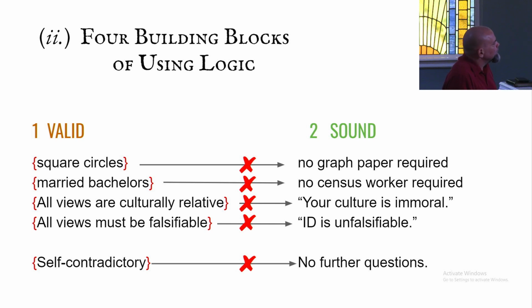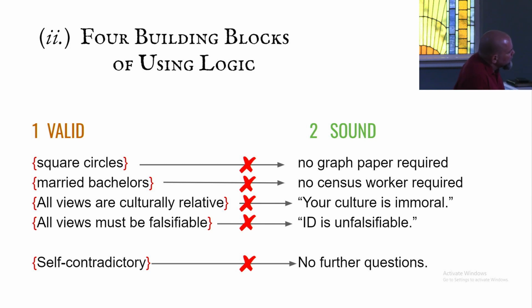So this is where I wanted to go next. Here's the beginning of the scoreboard starting to form. Now I've put valid and sound moving from left to right. Suppose somebody wanted to build an entire worldview on top of, or inside of, a square circle. And suppose he said many true things. No, water boils at 212 inside my square circle. Water does boil at 212. But if it rests on a square circle, this conversation's over. You're already disqualified. And you're making it depend on that, by the way.